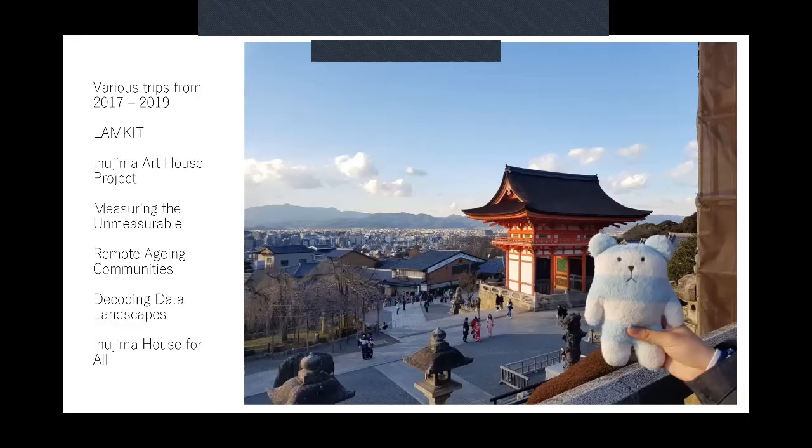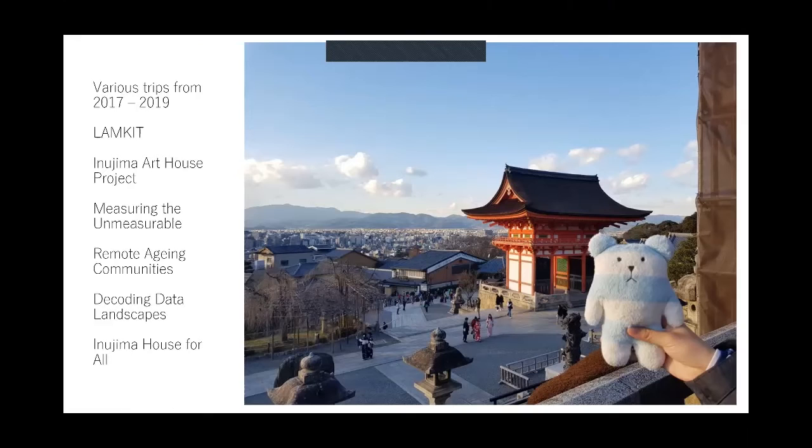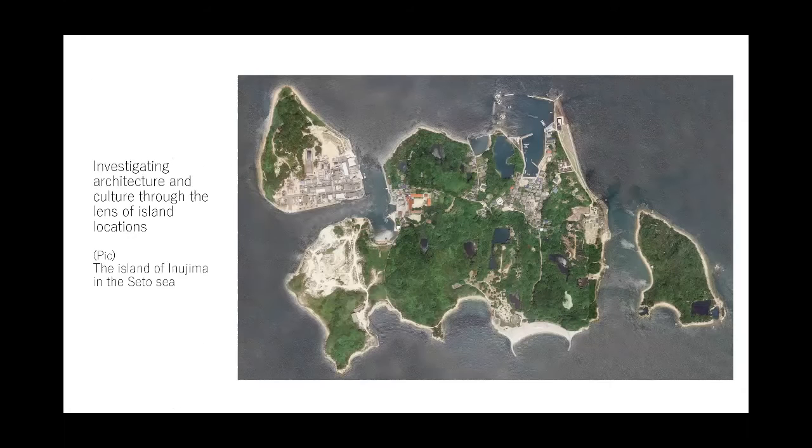The trips actually involve having the students visiting famous places, not only Inujima itself, Kyoto and Tokyo, but also meeting people to have conversations with them, and also participating in projects by the universities in Japan, like for example, the Kyoto Institute of Technology, and then also the projects by SANAA, which is the Sejima and Nishizawa Architecture Atelier of Kazuyo Sejima. The next slide, please.